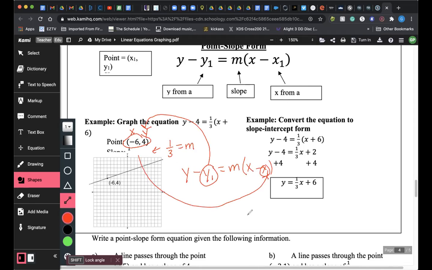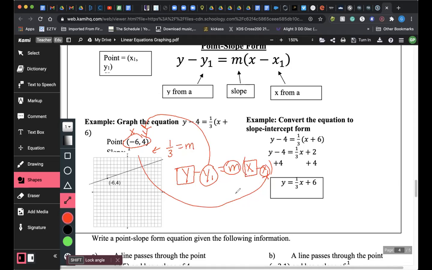So you replace it into here. All right, so that means you keep your y and your x just like you normally would, right? Those are never going to go away. You're always going to have those variables, but you're going to replace all the placeholders. Your placeholders are your y1, your m, and your x1,